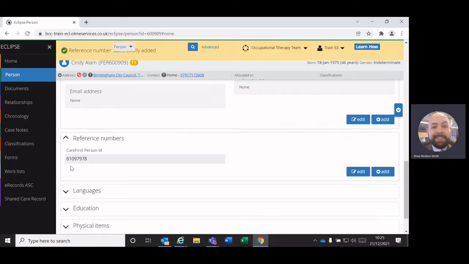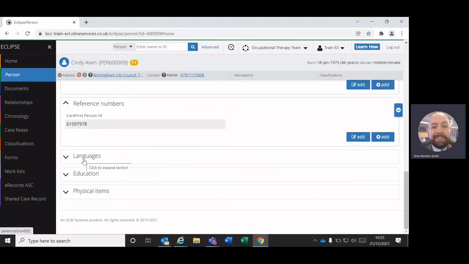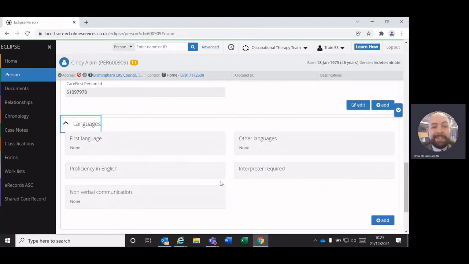And now this will be searchable through the advanced option. The next section relates to languages. If we click on the add button in the bottom right corner,